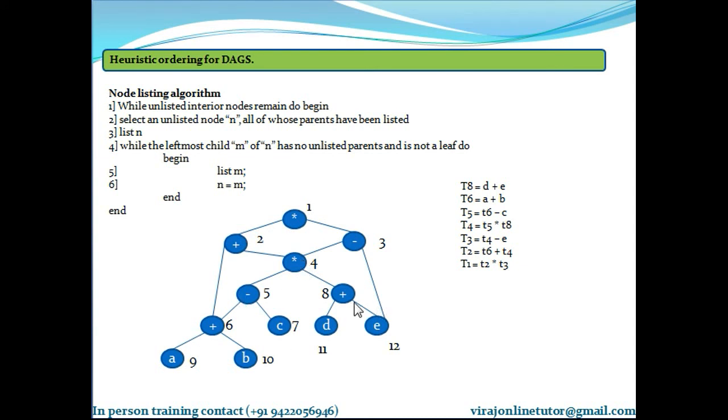So write the 3 address code in the opposite order: 8, 6, 5, 4, 3, 2, 1. Very simple. And this is the optimized ordering of 3 address code. So if we generate a machine level program for this, it is definitely going to be optimized.